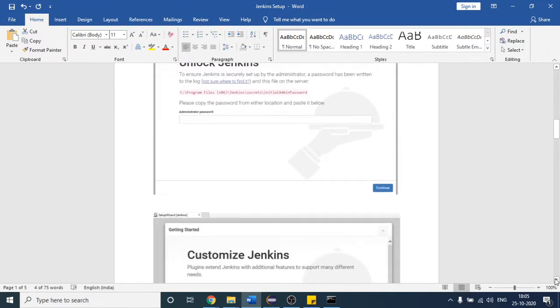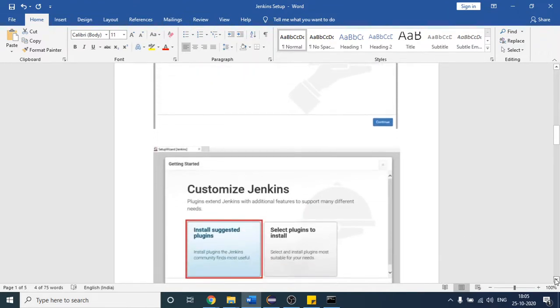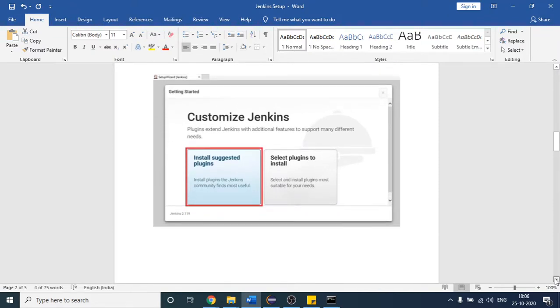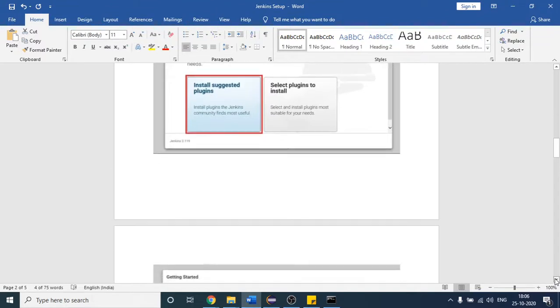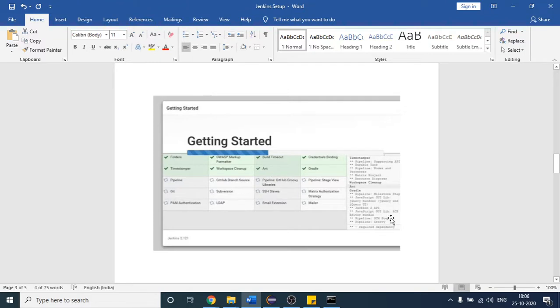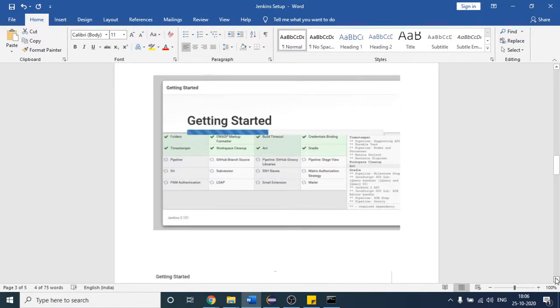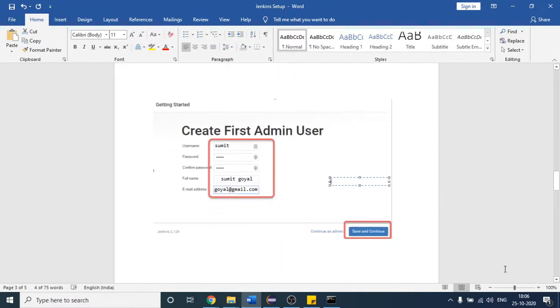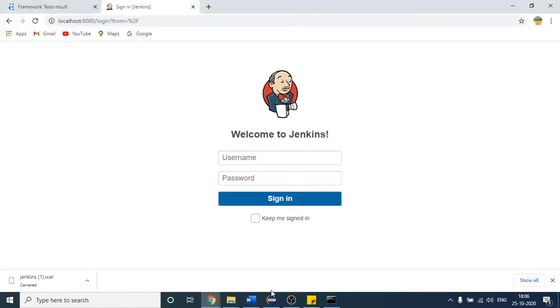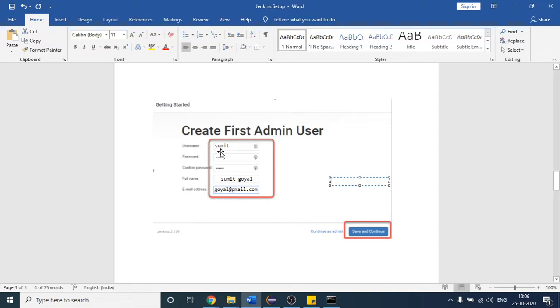After that it will ask you to customize Jenkins. So go with the default one, install suggested plugins, and once you click this, you will get a window like that. If I show you, it will start, one by one, all the files which are required to run our project from Jenkins. Once it downloads, this screen will come, right? It will ask you for the username and password I have created. So you can give whatever username and password you like, full name and the email.